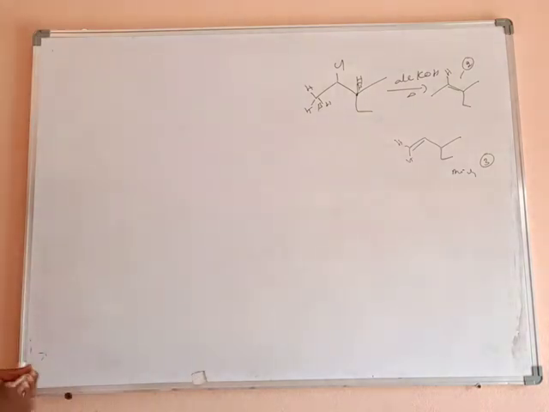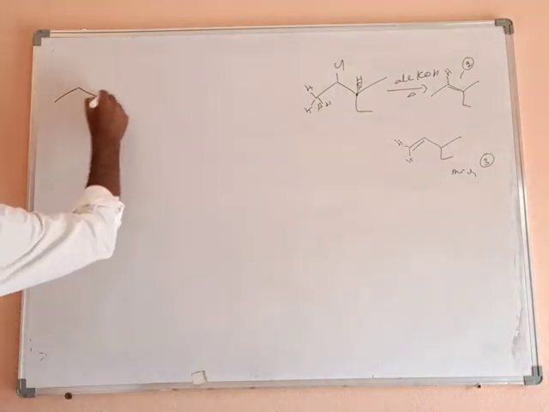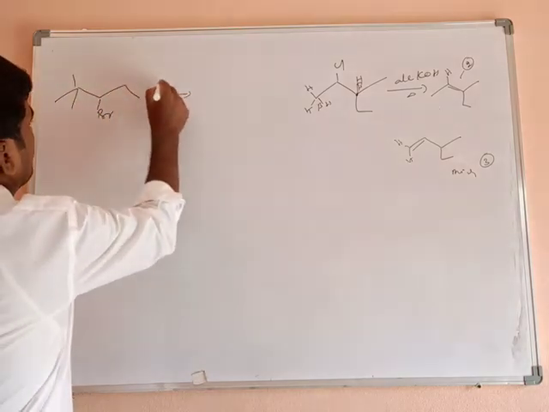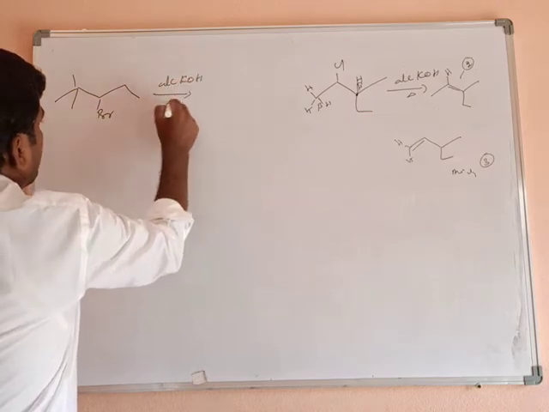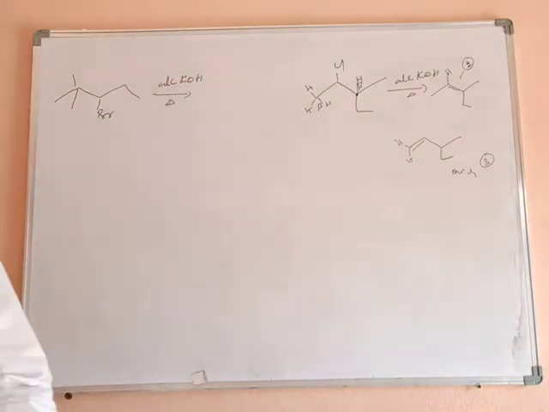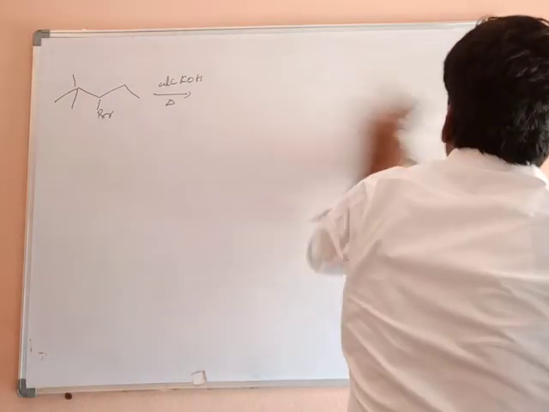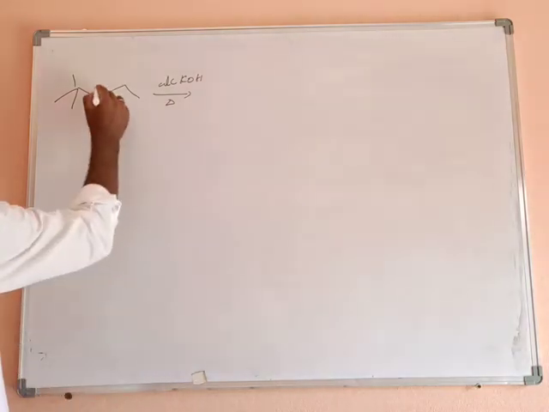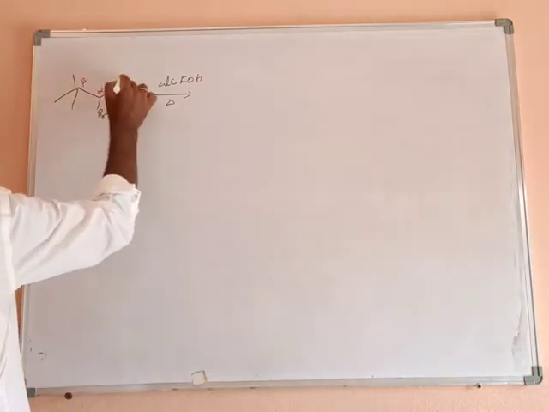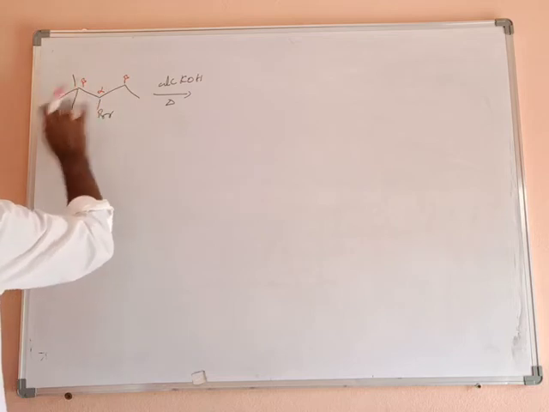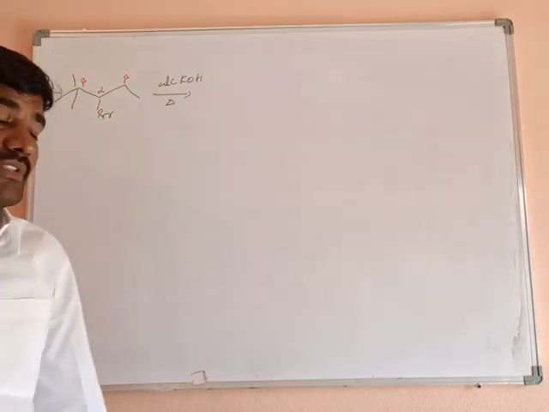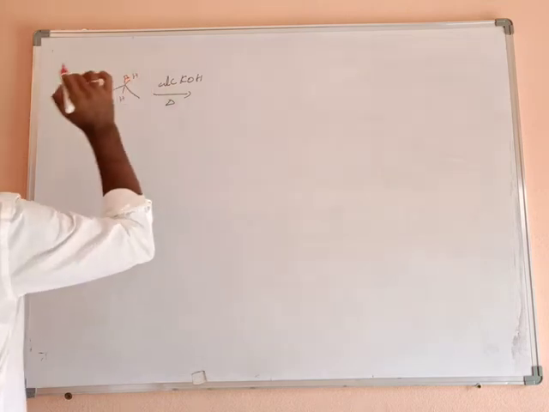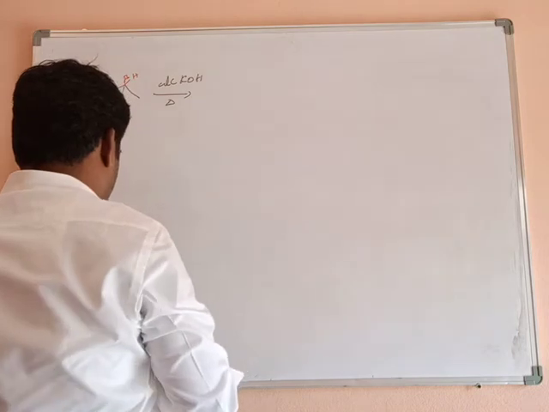Next example. Alcoholic potassium hydroxide, delta. Now, what's going on here? This is the alpha position, this is a beta carbon, and this is also a beta carbon. This beta carbon has zero hydrogen atoms, while this other beta position has 2 hydrogen atoms. Elimination takes place from here. So the product is